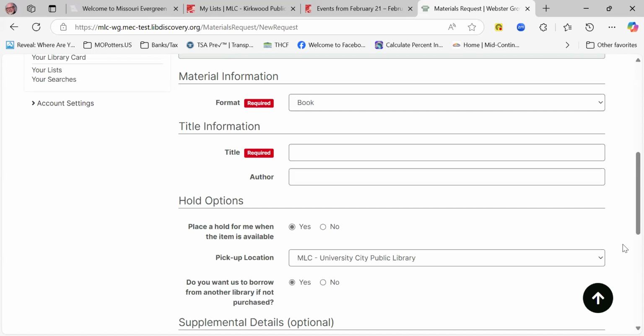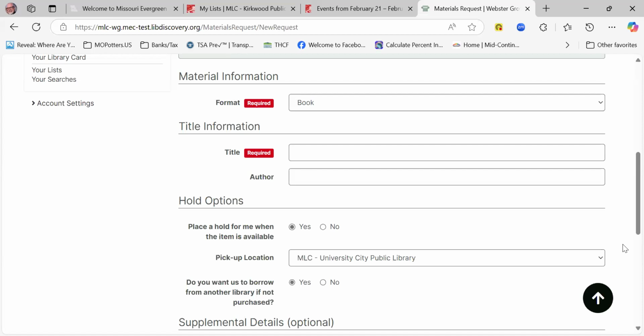So you can have a message that is created, for example, when a patron submits a materials request, that will go to the patron and say, thank you so much for your suggestion. We do the best we can with the limited funds that we have, and we will let you know if your request is successful, or whatever wording you think is appropriate. And then you can have another email